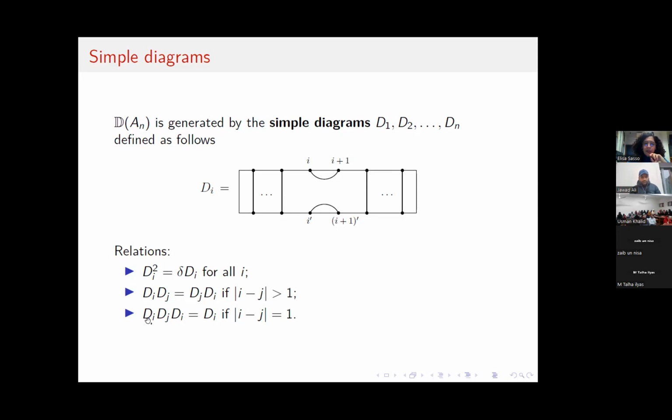And on the other side, if the two indexes are consecutive numbers, we have this third relation. So I think now we are going to be familiar with these relations. We saw something like this before with the Coxeter systems, but in the first one there was no delta factor. The second one is actually the same. The third one was the braid relation. Here, instead, we lose some diagram, but it